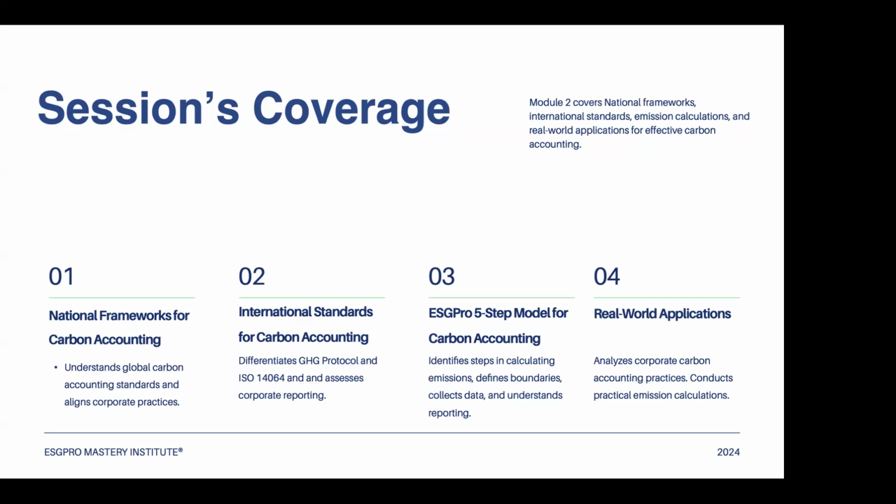So we have 4 areas of coverage, which we will try to do in module 2. First is the national and international framework for carbon accounting. Second, we will try to understand specifically the international part of the GHG Protocol and ISO 14064 in detail. And then we will go into the ESG Pro Mastery Institute proprietary 5-step model. Any company, any industry, but how to calculate carbon accounting, we have a simple formula. We will introduce you to that approach, and you can apply it to any company, any industry, and even on an individual. You can apply the same thing. And finally, we will look into some real world examples to see how they are calculating their carbon accounting